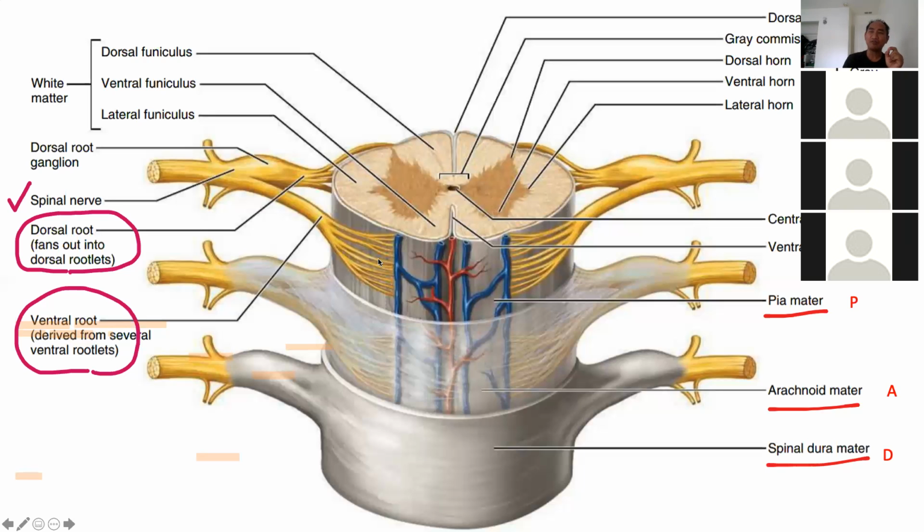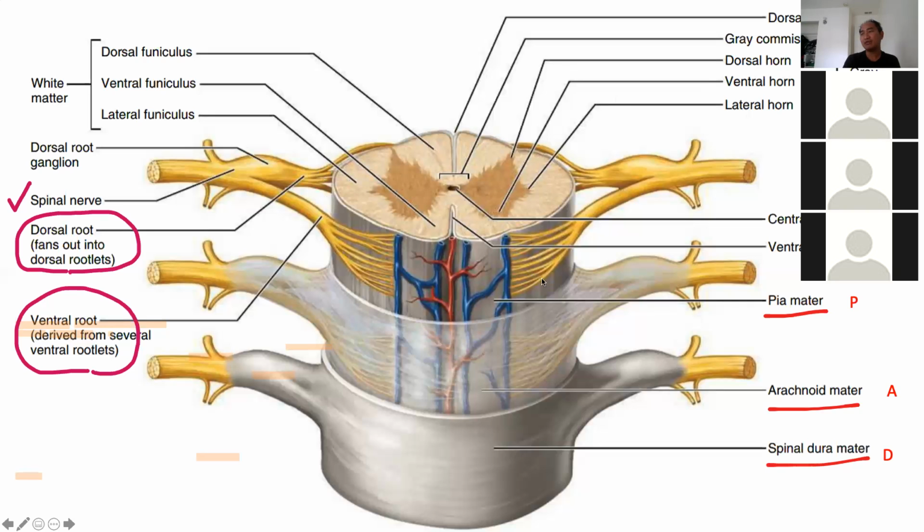And the junction of the peripheral nervous system and central nervous system, now you can see the spinal nerve coming in, and then the dorsal root. When the dorsal root is attached to the spinal cord, it divides into multiple small rootlets and goes into the posterior horn, or the dorsal horn, of the gray matter, and our motor neuron will come out from the anterior horn, the ventral horn of the gray matter, starting with the multiple rootlets,